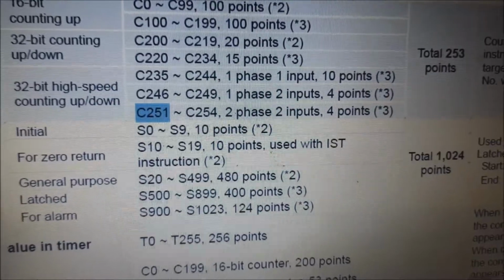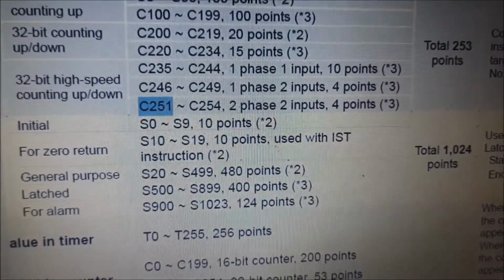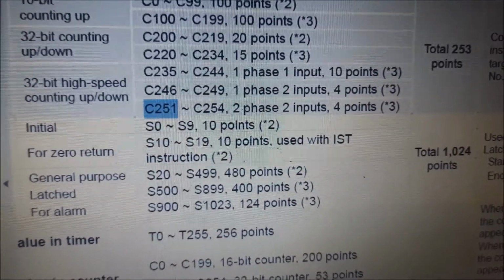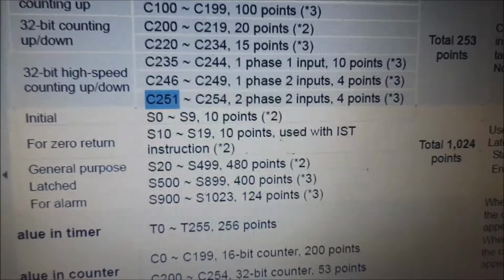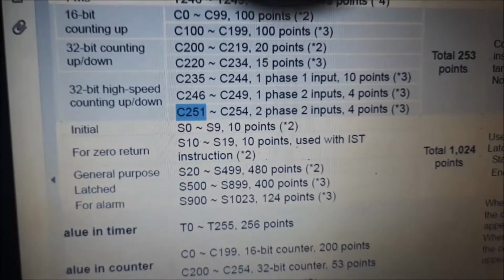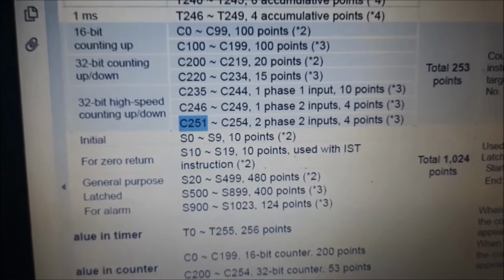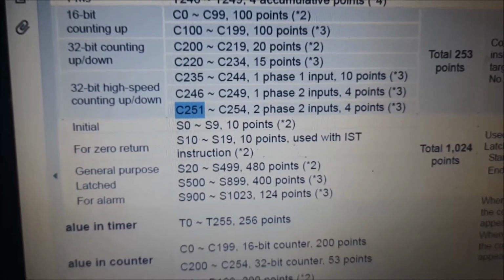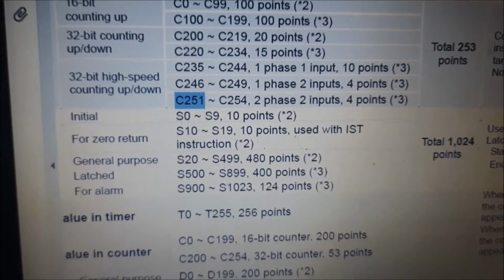And we are using two high speed counters here: the first one is C235, which is a single phase, and the second one is C251, which is a double phase. In double phase we are using X0 and X1 both. X0 we have connected to A phase, and X1 to B phase.